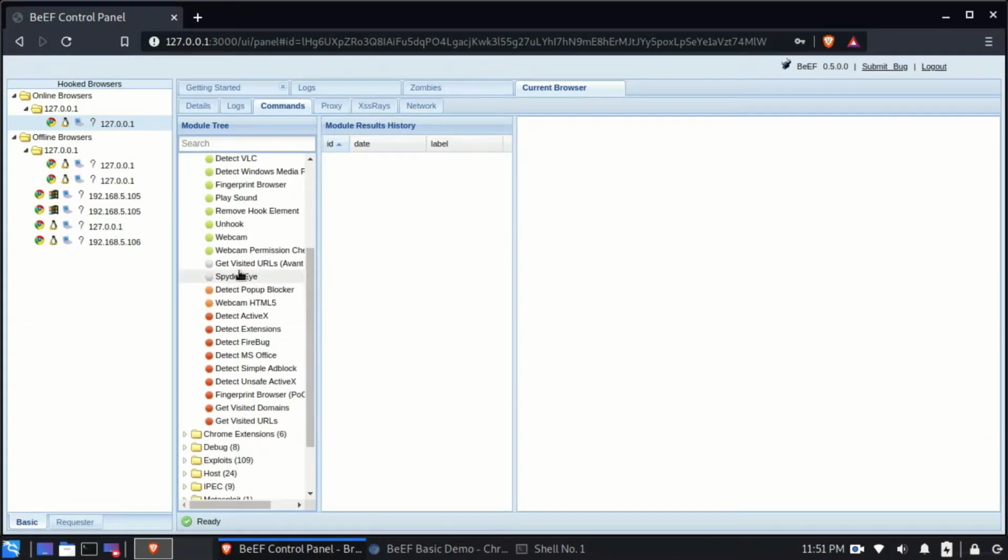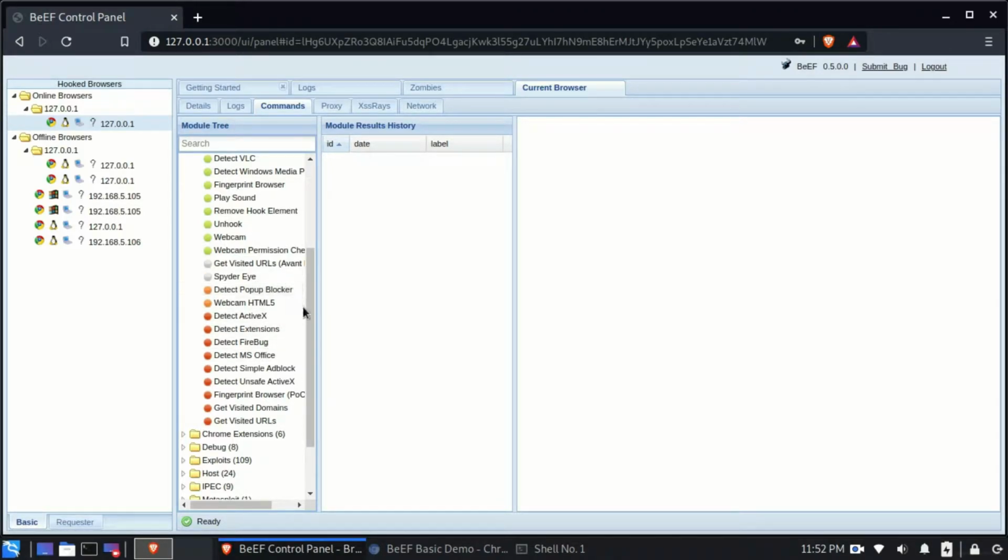The white circle means that this command is not tested on the victim's browser and it may or may not work. Orange also means the same thing, and red means that this command will not work on the victim's browser. So we don't have to execute these commands which are in red because we know that it won't work.